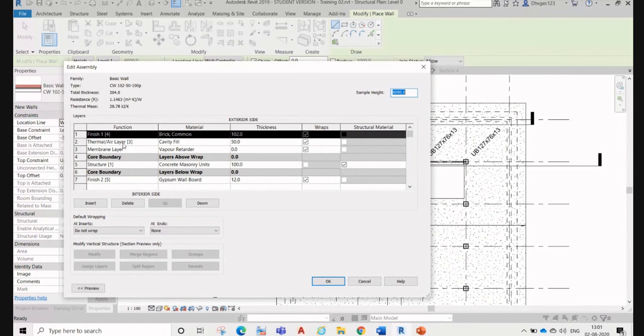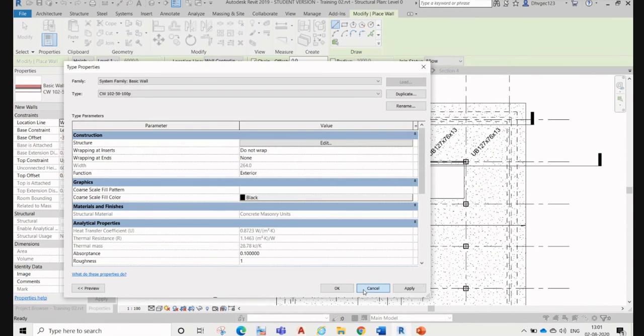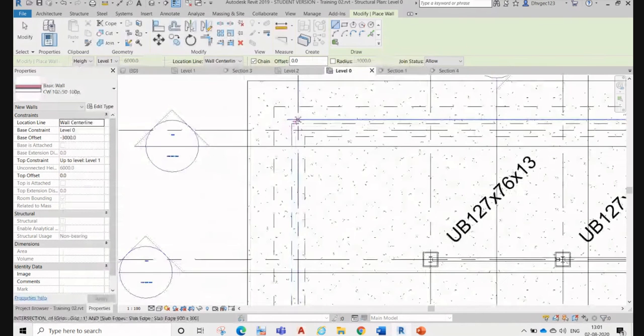Then we have a thermal insulation, and then another layer which is 0 mm thick, and inside we have 100 concrete masonry and then 12 wall board. So we try to do that one.